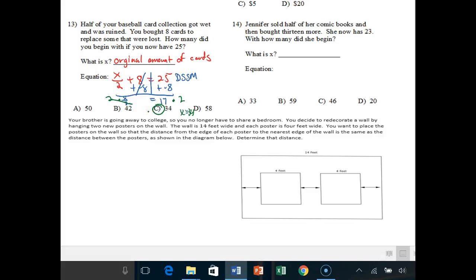So think about it. If I had 34 baseball cards, half of them get ruined. That means 17 of them are gone, right? I buy 8 more. 17 plus 8. I should have 25 left, and that's exactly how many I have now, 25. So I'd pause and try and do number 14. This is the end of part